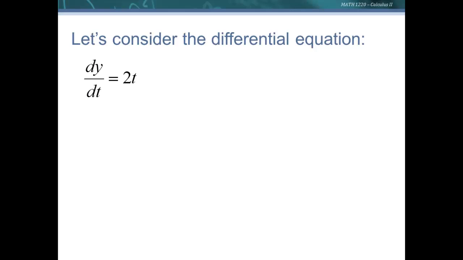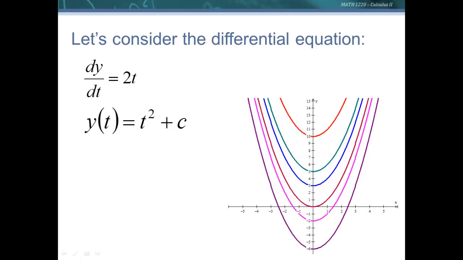So let's consider the differential equation dy/dt = 2t. If we think about the solution, you could probably figure out what this is. What was the function whose derivative is 2t? And you may think of t squared. We're just thinking of antiderivatives, but hopefully you also remembered the plus a constant. So the solution to this differential equation, t squared plus c, this looks like a family then of solution curves